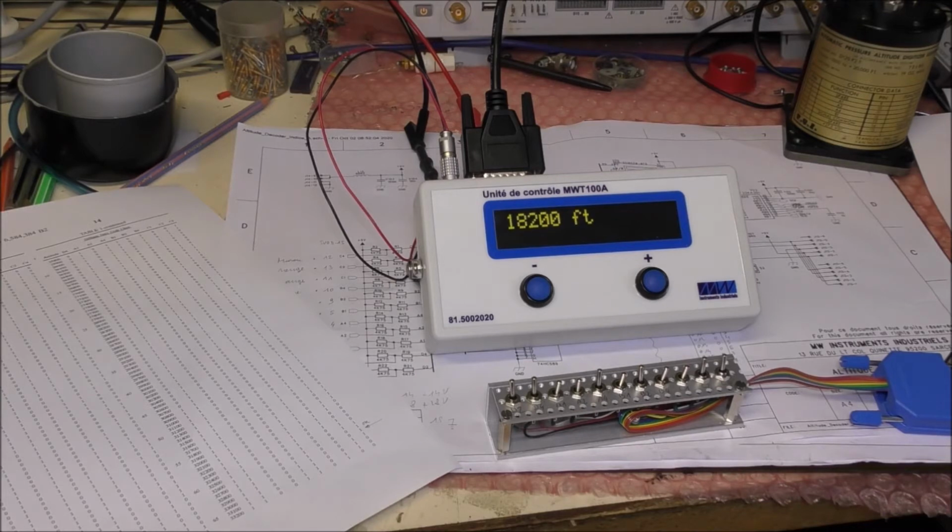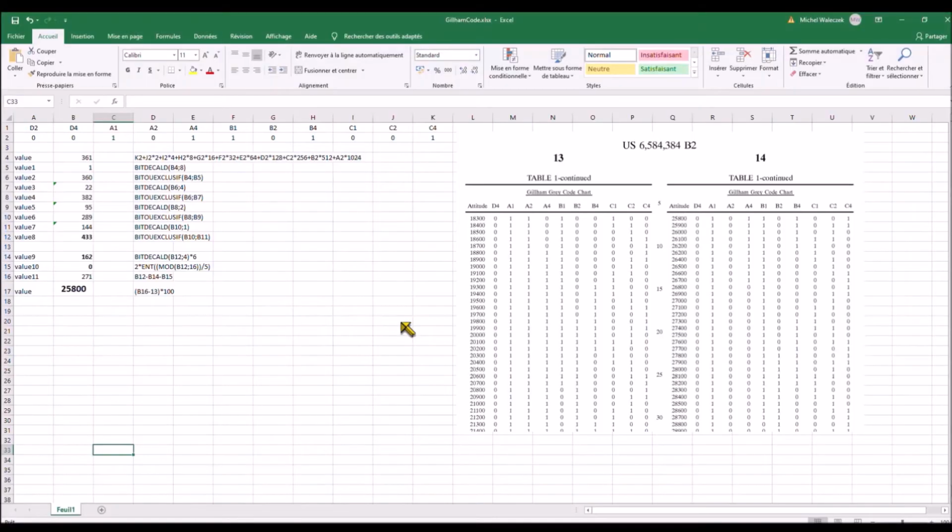So I have tested the algorithm first using an Excel sheet. So you will see now a small video I have done when I tested this algorithm using Excel. This is an Excel sheet I have written in order to validate the algorithm. So I have used some Excel functions in order to calculate the result. The functions I have used are the bit shift on the right here, and the exclusive OR, and also the modulo function, which is the remainder of a division.